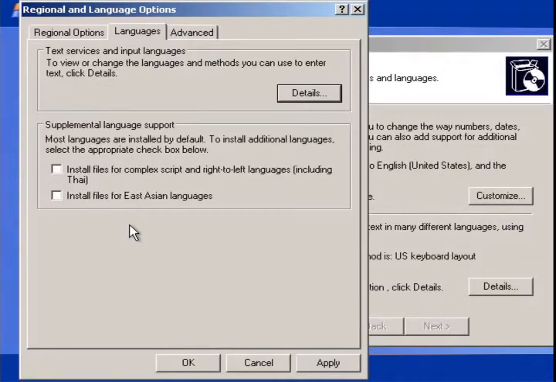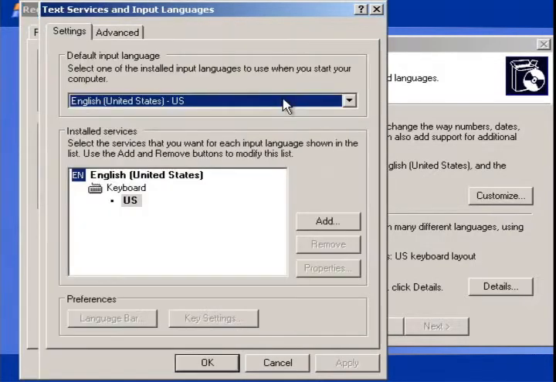I also do not need complex scripts from right to left, say for Arabic languages, or Hebrew is right to left, I think, and Chinese or Asian languages are usually from right to left, and they have special characters. So if you need all that, just check the boxes, and if you go to details here for languages,